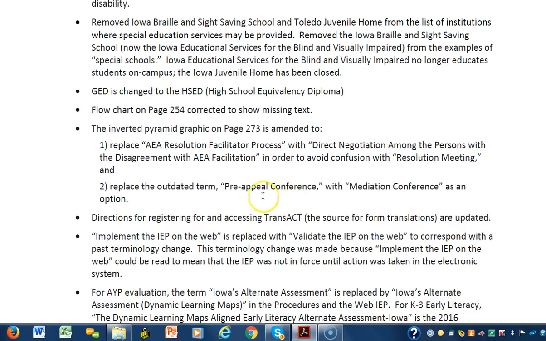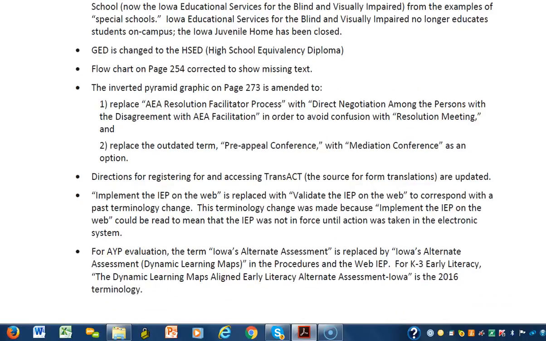You can see there's an outdated term, what we used to call a pre-appeal conference, would now be called a mediation conference. So some updates in language and a few old terms in some cases were found and corrected in the manual. So those are listed in here just for your reference.